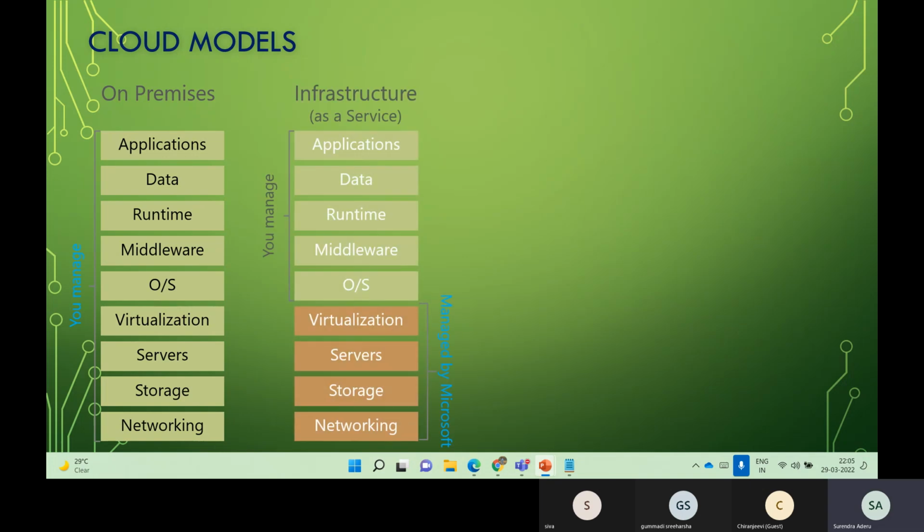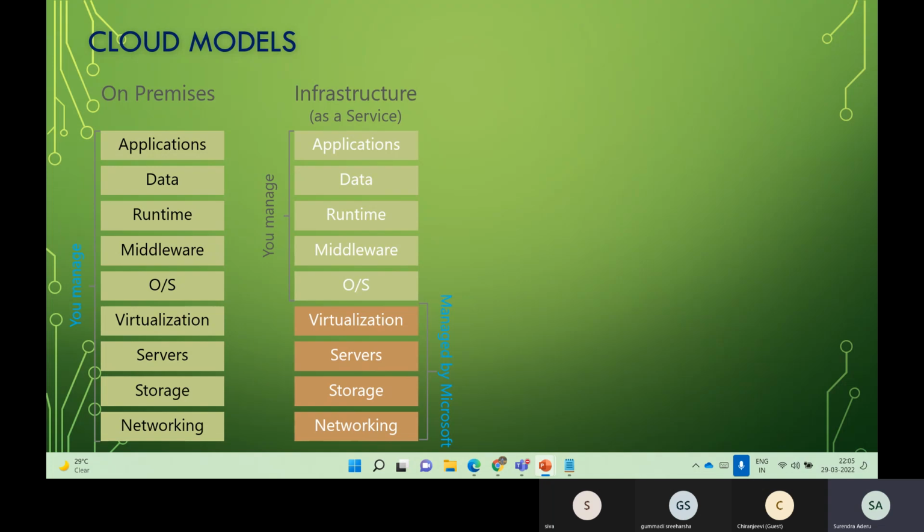Next, these are the cloud models. The first model is infrastructure as a service. What do we typically do in infrastructure as a service? Till the virtualization layer, right from the data center, networking, storage, servers, physical hardware, and the virtualization layer will be completely taken care of by Microsoft. In this scenario, we are discussing Azure as the platform, so I mentioned Microsoft, but with Amazon or GCP, those vendors will take care.